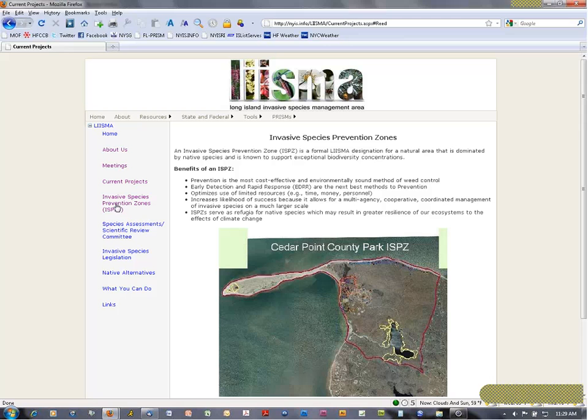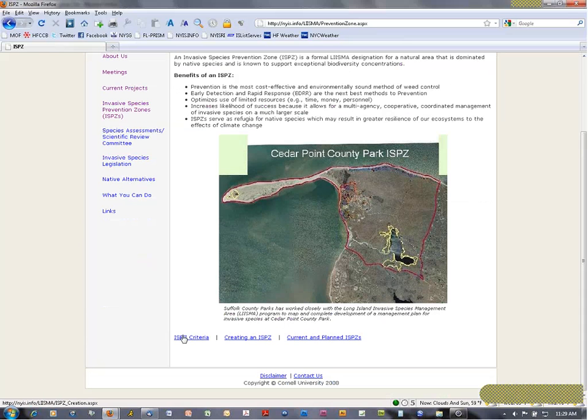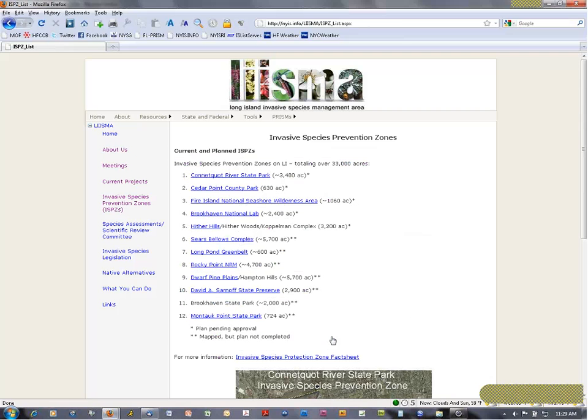The Invasive Species Prevention Zone whole project is listed up here, the benefits, and then subpages, the criteria, how to create an invasive species prevention zone, a list of the prevention zones that exist with links specifically to those sites. The plant assessments that were done, LISMA and the Scientific Review Board did both state assessments and Long Island